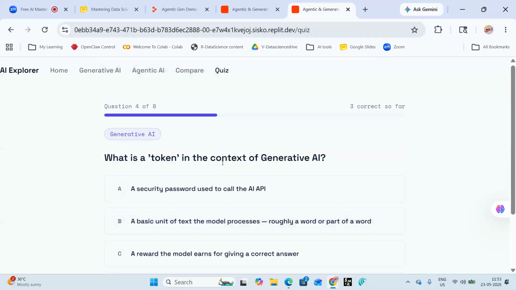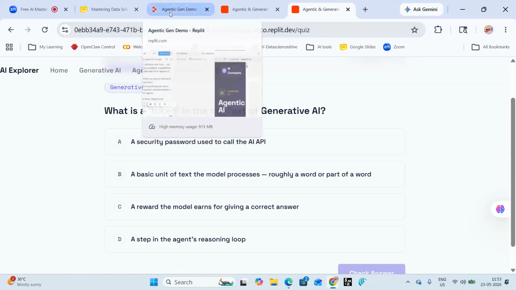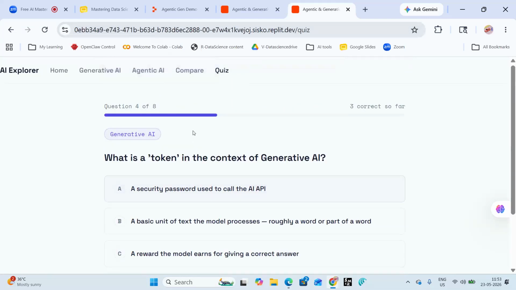Next one. What is a token in the context of generative AI? So token is something which is split in the backend. When you put that question, it goes to the supercomputing power behind it, the GPUs and the NPUs.